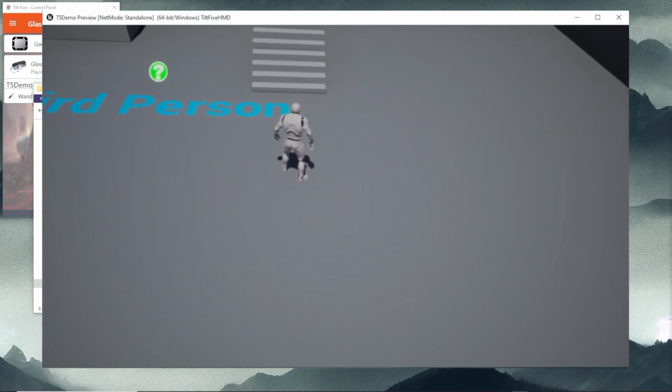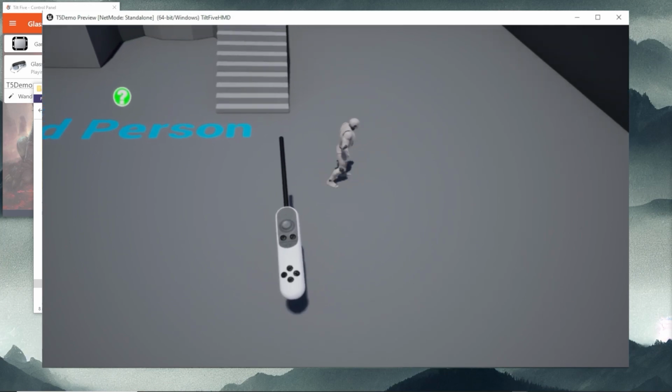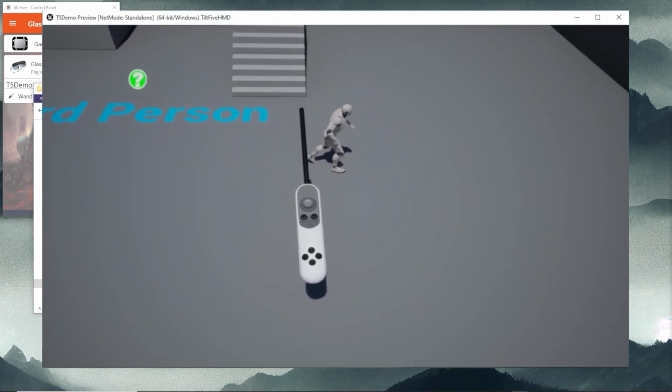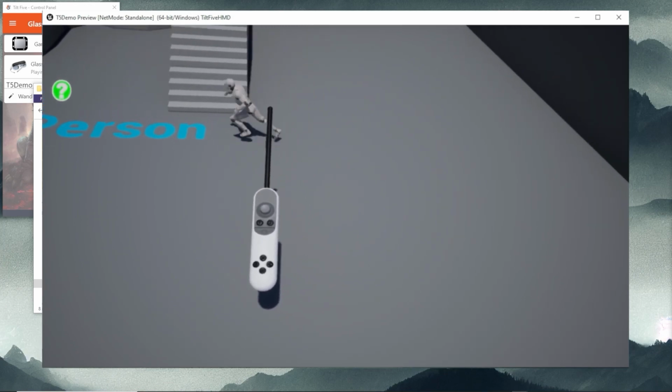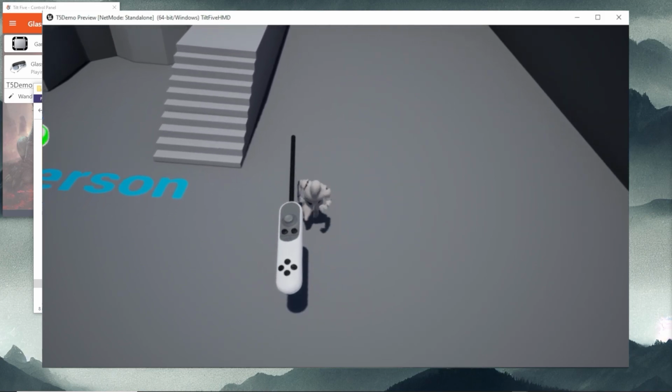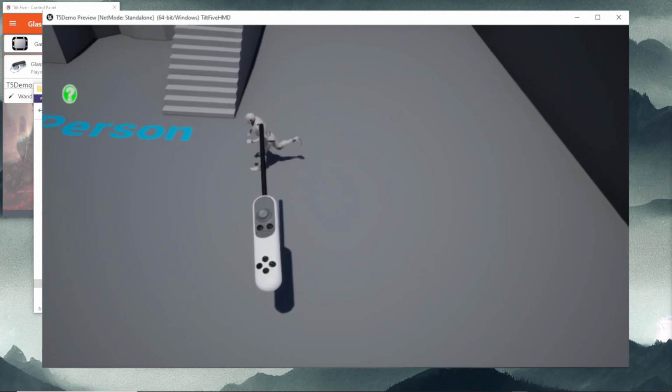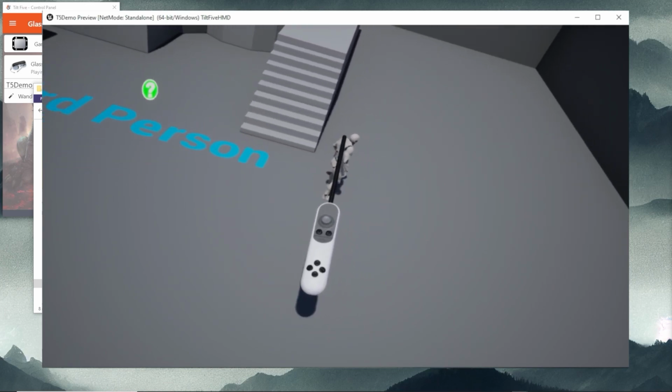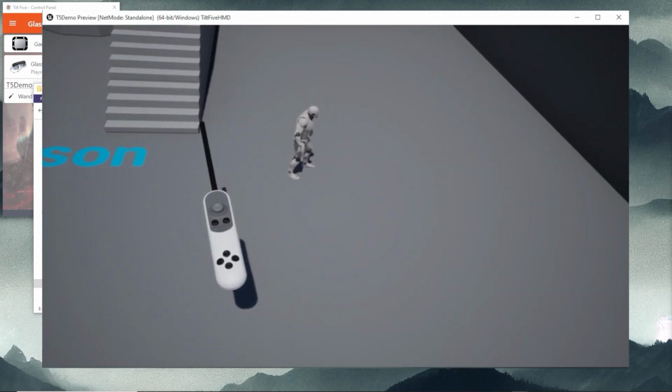And so we've got the character. When you move right, the character moves right. When you go left, and I have the wand itself visible. And so this is working just fine, except if I were to turn my head and go onto the